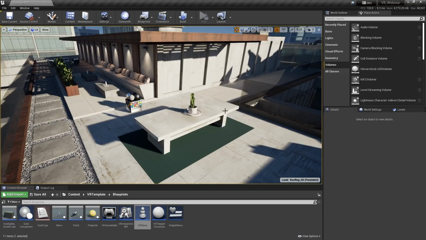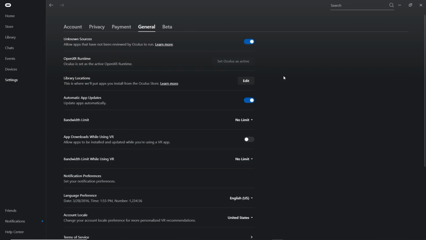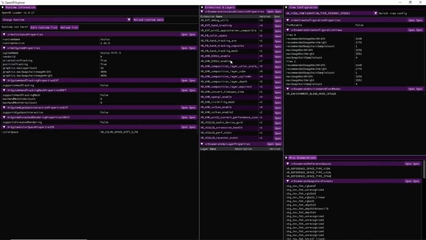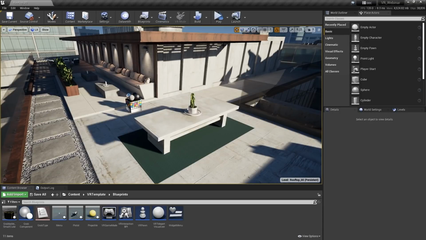You might have noticed that the Play VR button is grayed out. There are several runtimes that support OpenXR, such as Oculus, SteamVR, Monado, and Varjo. But the runtime might not support your device. When in doubt, use the native runtime for your device and make sure that the OpenXR runtime environment variable is set to it. Most runtimes now implement a setting to change it, but you can also use OpenXR Explorer, which is available on GitHub for free. With our runtime running and our OpenXR environment variable set to it, VR Preview becomes available.